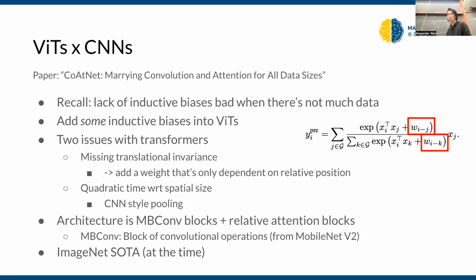The way it attends to these tokens is by doing a dot product between the query representation and the key representation, right? So we essentially just add on this learned weight value that's dependent on the distance from here to here, and also the distance from here to here. So for example,